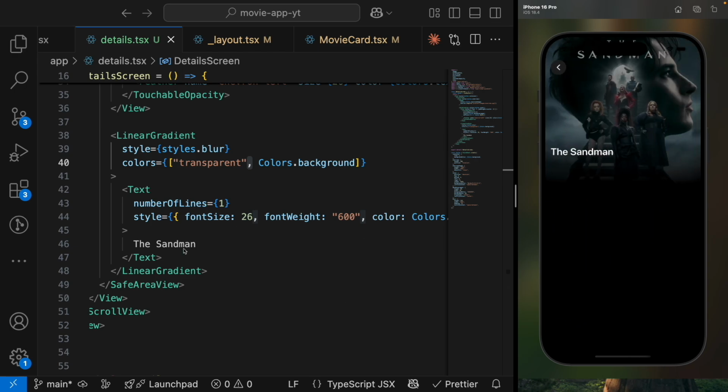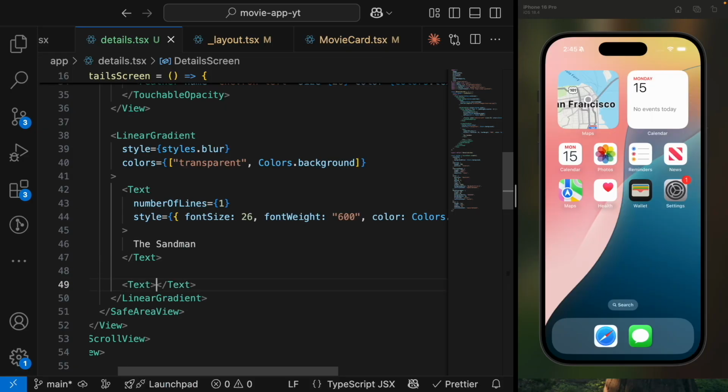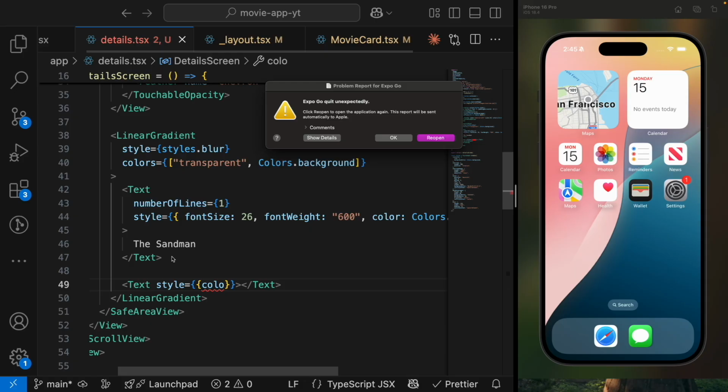All right. Now the next thing is to add a text that holds the genre. So add a text in here. And the only style we want to add here is the color. Okay, so for the color,